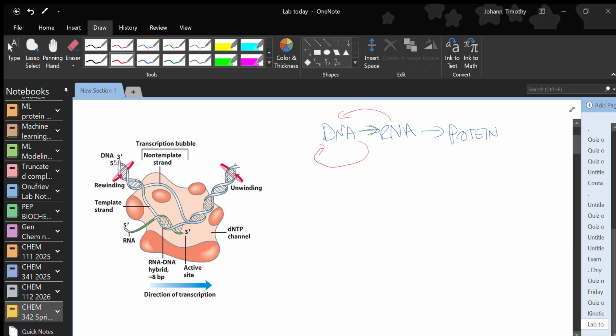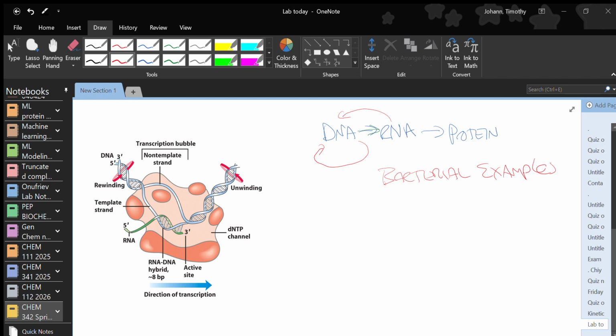So most of our examples are going to be bacterial. They're a little simpler and better studied, so most of what we talk about is bacterial. Here is an example, a cartoon of a bacterial RNA transcriptase. And when we think about the mechanism for this enzyme,